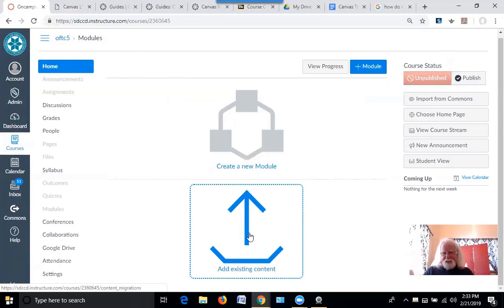On the other hand, you may have been using Blackboard for a while and have a shell over there for a particular course that you have organized just the way you want it. You spent a lot of time working on it, a lot of time thinking about it. That's how you want to do it. And as closely as possible, you want to be able to do the same thing in Canvas. So you'd like to just bring that content over into Canvas in one lump and start from there. And you can certainly do that as well. I'll show you how to do that here in a minute, and it's not an overly onerous process,